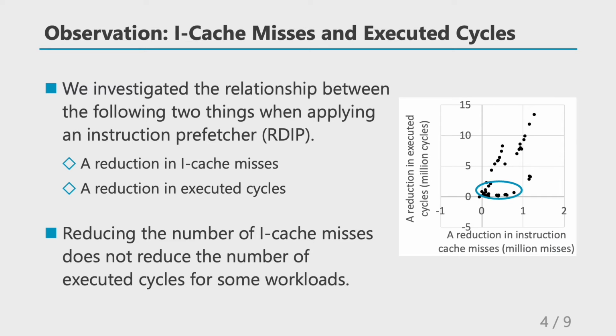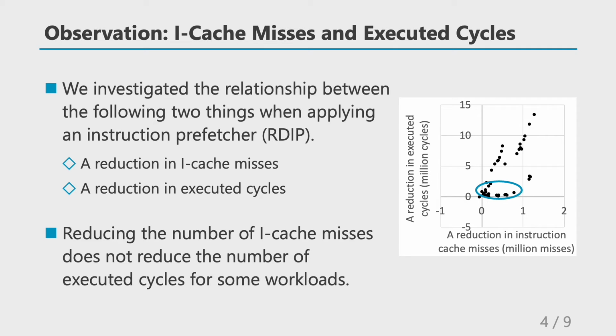To see the impact of such modern processor behavior, we investigated the relationship between a reduction in instruction cache misses and a reduction in executed cycles when applying an instruction prefetcher (RDIP). Each point in this figure represents a workload. As you can see, some points are distributed around the horizontal axis in this figure. This result indicates that reducing the number of instruction cache misses does not reduce the number of executed cycles for